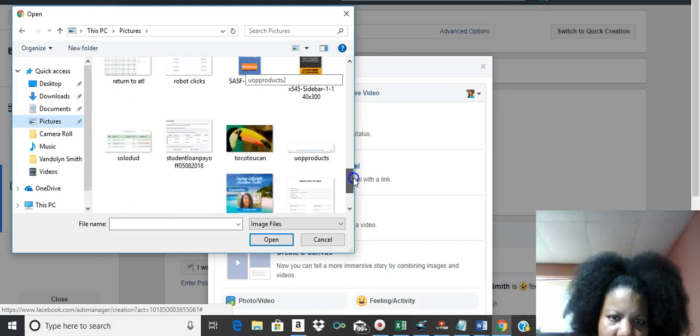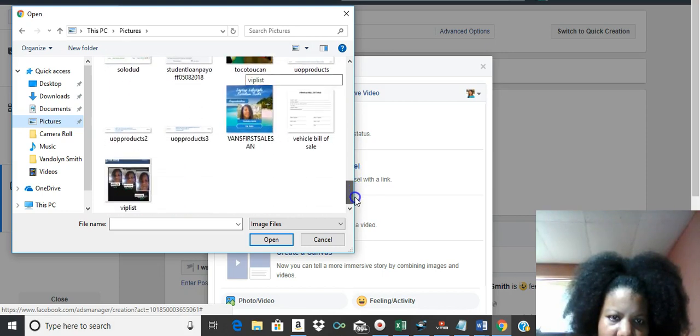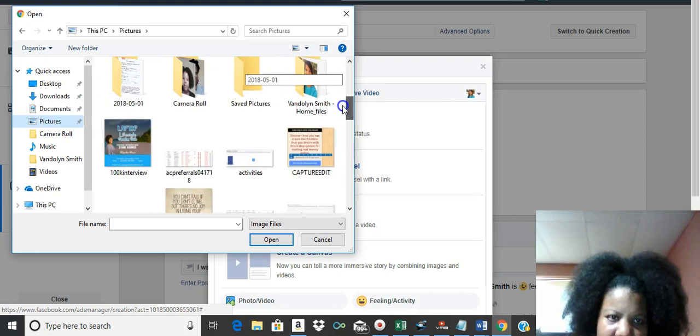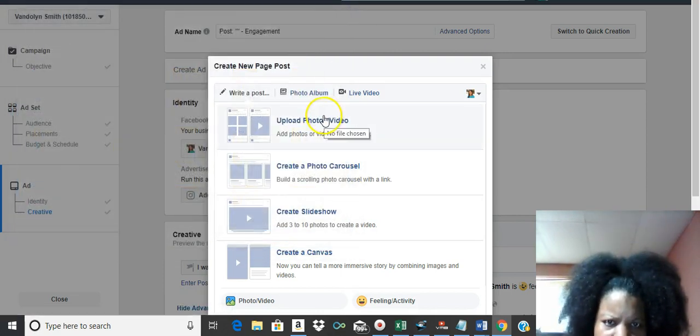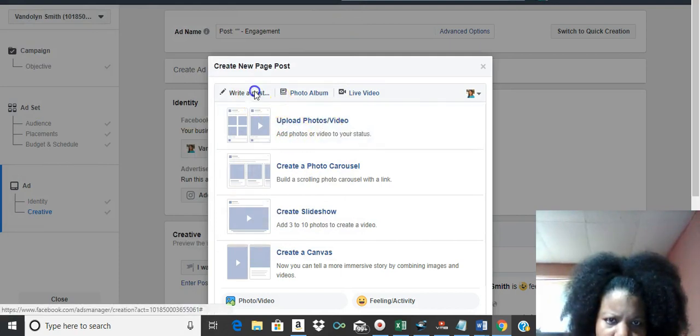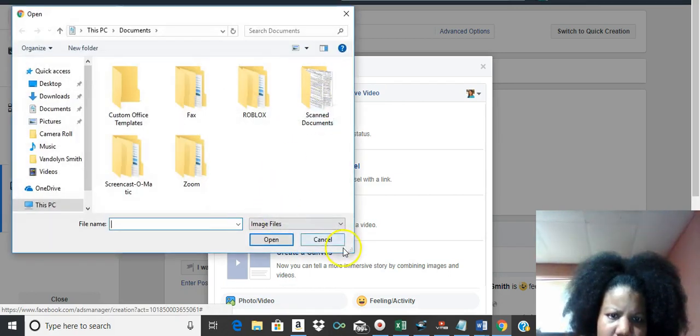I don't like any of these pictures that I have, and I was gonna actually use a photo from my page. Let's see. Add photo, video. They keep popping up, so